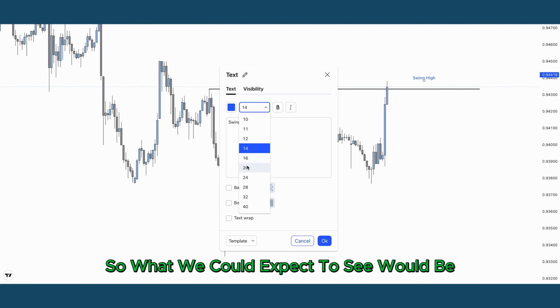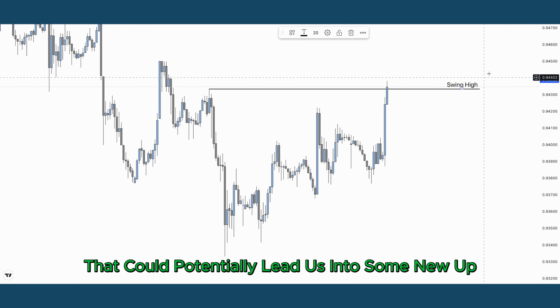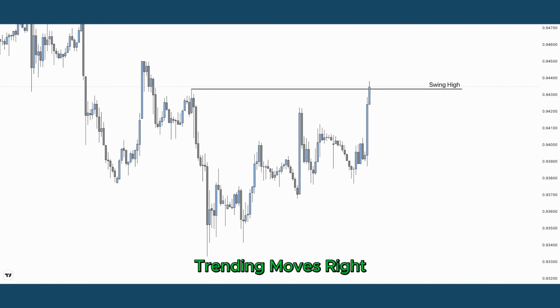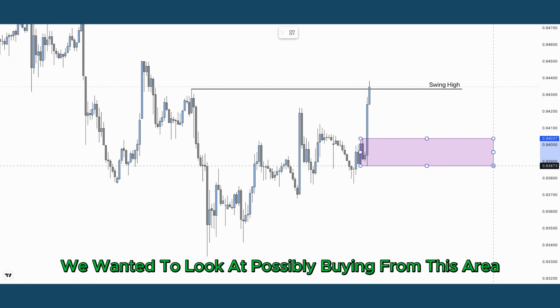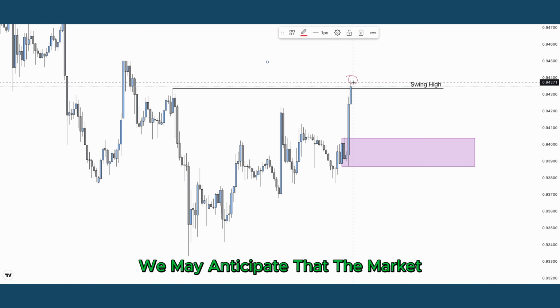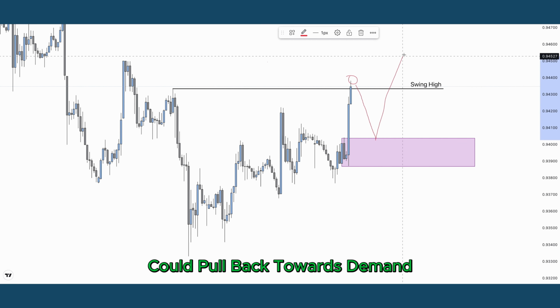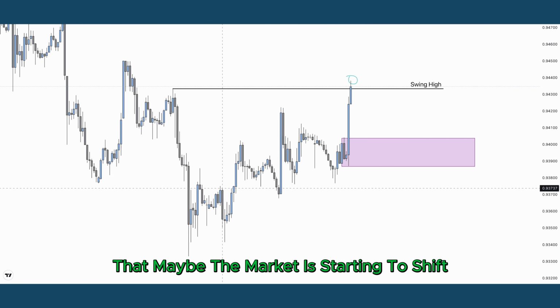Now, we can see what we've got here is pretty much a little swing high. So what we could expect to see would be if the market was able to close above this high, that could potentially lead us into some new uptrending moves, right? So from supply and demand perspective, let's say we wanted to look at possibly buying from this area if the market is able to close above the high that it is currently trading at. So if we were to close where we are, we may anticipate that the market could pull back towards demand